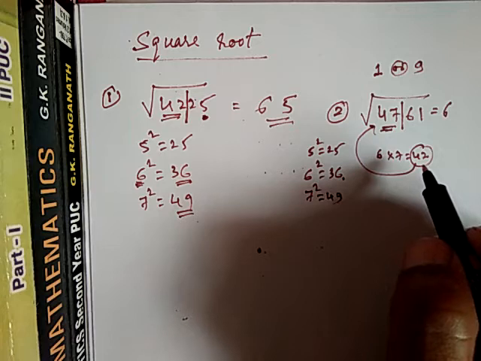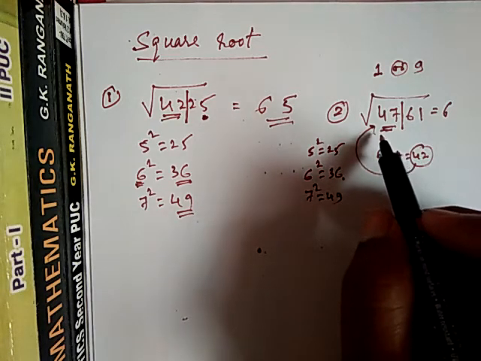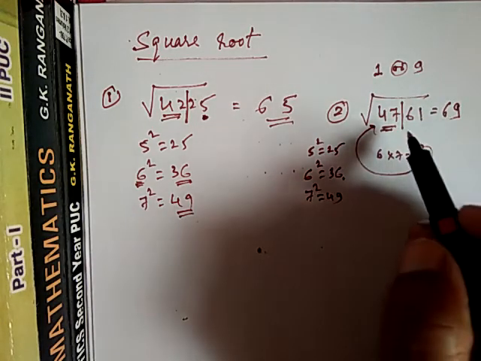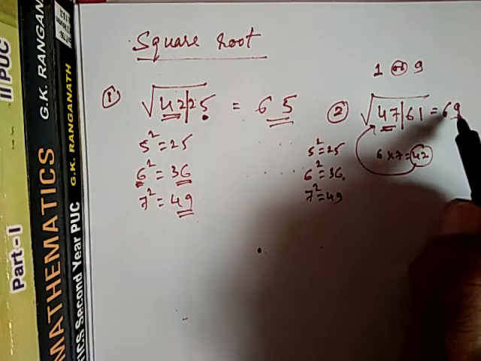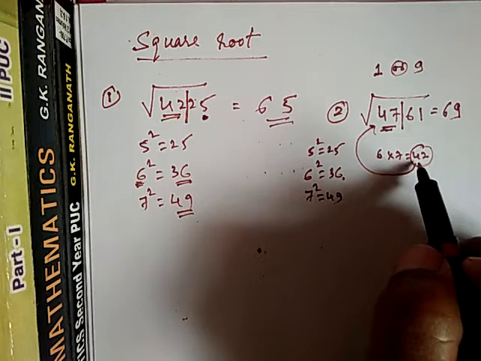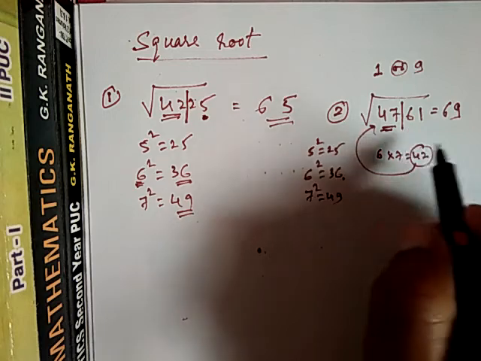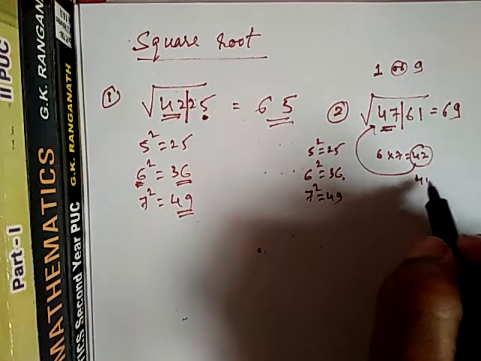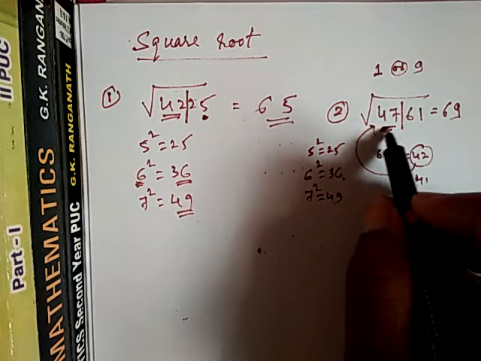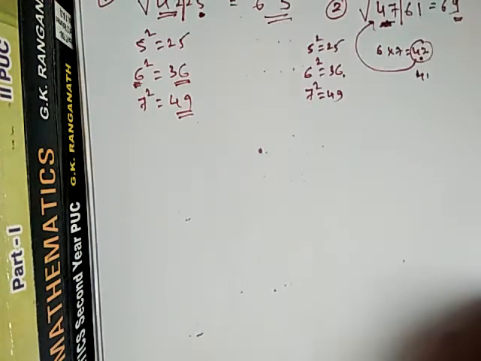If it is smaller, which digit do you have to take, 9 or 1? It is smaller, so here you have to take the bigger, so it will be 9. If it is smaller, you have to take bigger. If it is bigger, you have to take smaller. For example, if 41 is there here, then you can take 1. But here 42 is smaller, this is bigger. So if this is bigger than this, then you have to take the bigger one. Like that you have to remember.